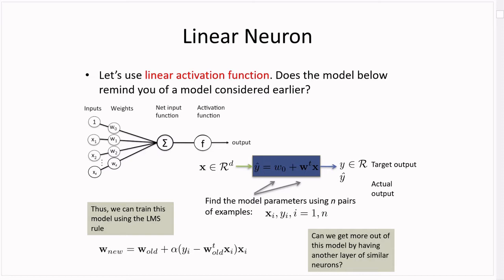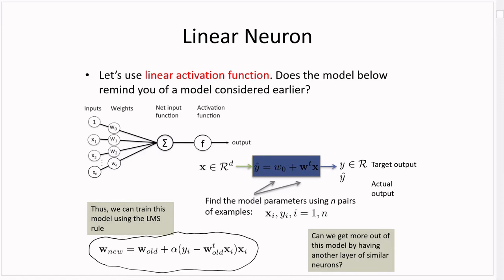Especially if you look at our very first lecture on regression, or linear model for regression, you will find that this model is exactly the same as that linear regression model. So a linear neuron in some sense is doing linear regression. So the expression for modeling this can be again very similar to what we have seen earlier. Through a few steps you can say, all right, this model can be trained using this formula